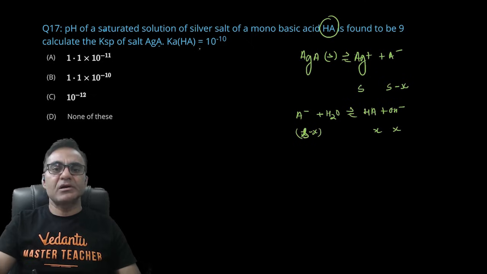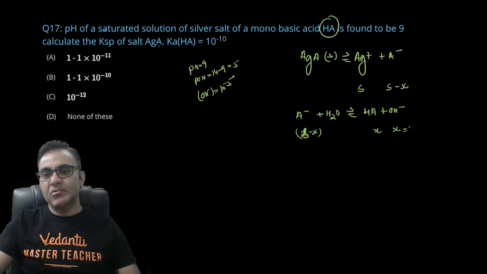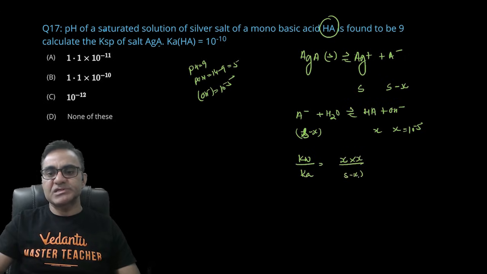अब क्वेश्चन के अंदर मुझे pH दिया हुआ है। अगर pH 9 है तो pOH 5 हो गया, 14 माइनस 9 दैट इज 5। तो OH आयन कॉन्सेंट्रेशन मुझे पता पड़ गया 10 रेज़ टू द पावर माइनस 5, यानी x की वैल्यू आपको पता है 10 रेज़ टू द पावर माइनस 5 आ गया। अब इस रिएक्शन का अगर मैं इक्विलिब्रियम कांस्टेंट लिखूं, हाइड्रोलिसिस कांस्टेंट Kw अपॉन Ka होगा। दिस कैन बी रिटन एज x इंटू x अपॉन S माइनस x, राइट। तो 10 रेज़ टू द पावर माइनस 5, 10 रेज़ टू द पावर माइनस 5 डिवाइडेड बाय